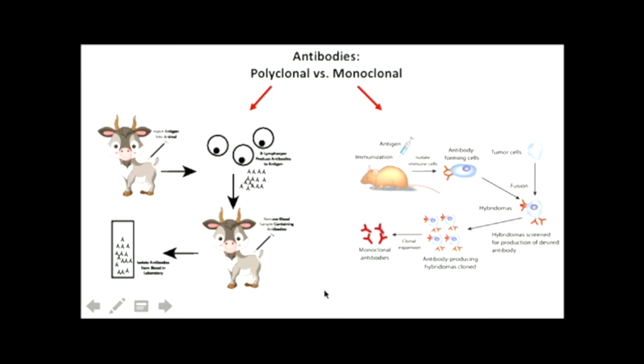Versus monoclonal antibodies, remember you're wanting to have this from a single B cell lineage, so you only have a specific epitope on a specific antigen. In doing so, you're immunizing an animal with your antigen of choice, and then you are screening for these B cells that are producing these antibodies. These B cells are then fused to tumor cells that are constantly regenerating to form these hybridomas. These hybridomas then secrete the antibodies, and then the cells are cloned, and then you